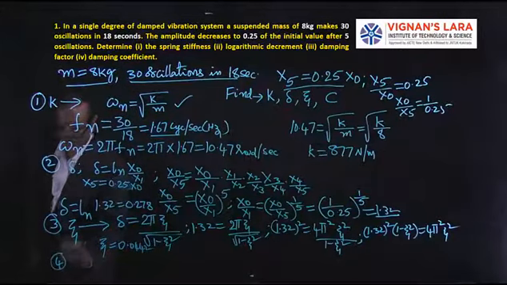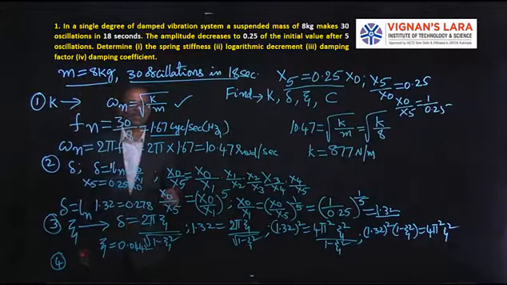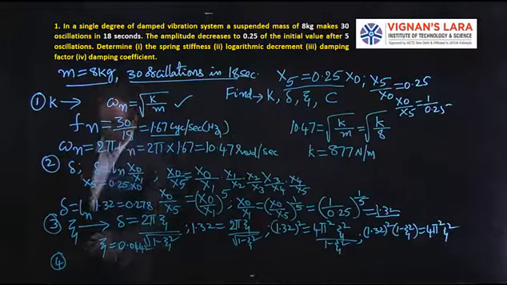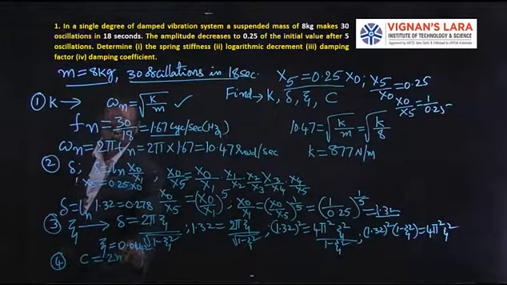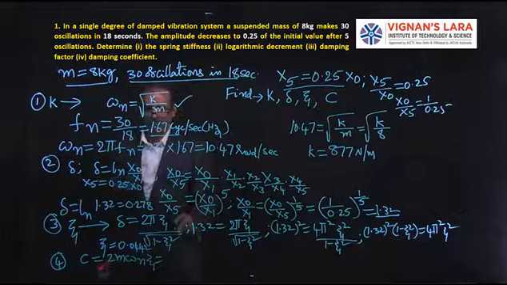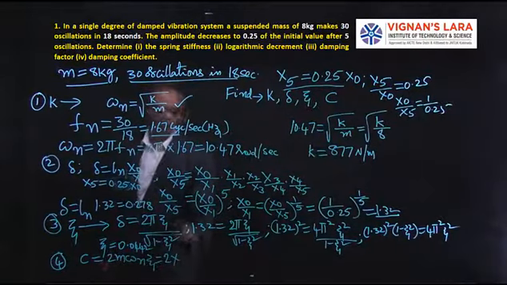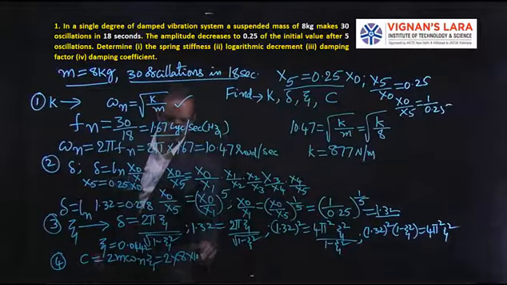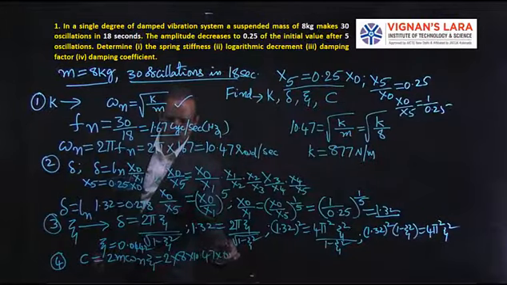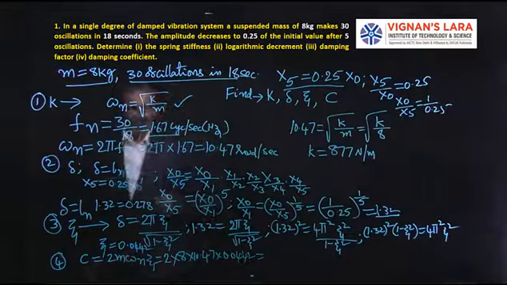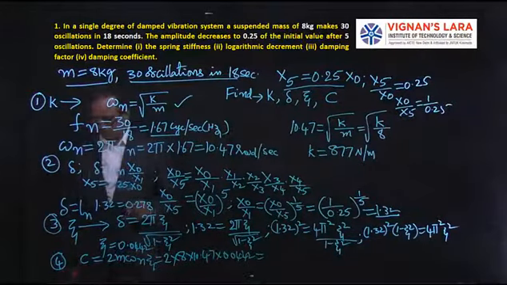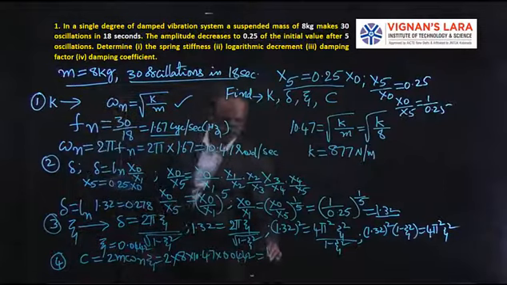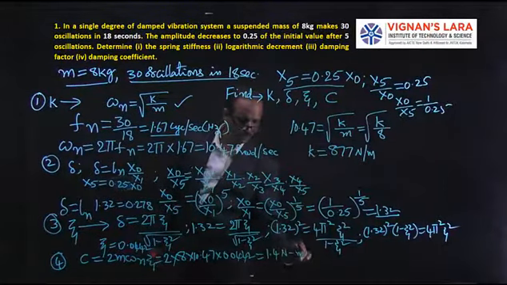And the last one is the damping coefficient. So that is C. We know that C is equal to 2 m omega n zeta. We already have all the information. M is 8, omega n is 10.47 and zeta is 0.0442. So the value of C, the damping coefficient, is estimated as 1.4 Newton meter per second.